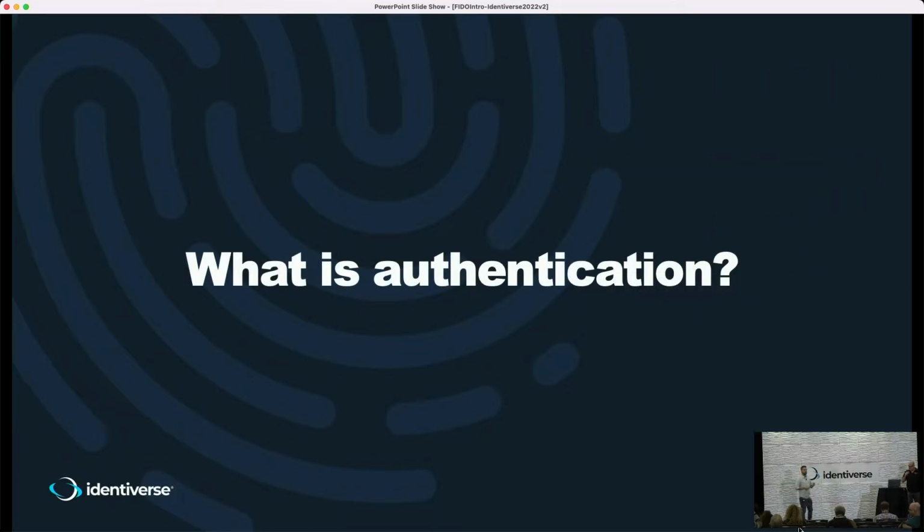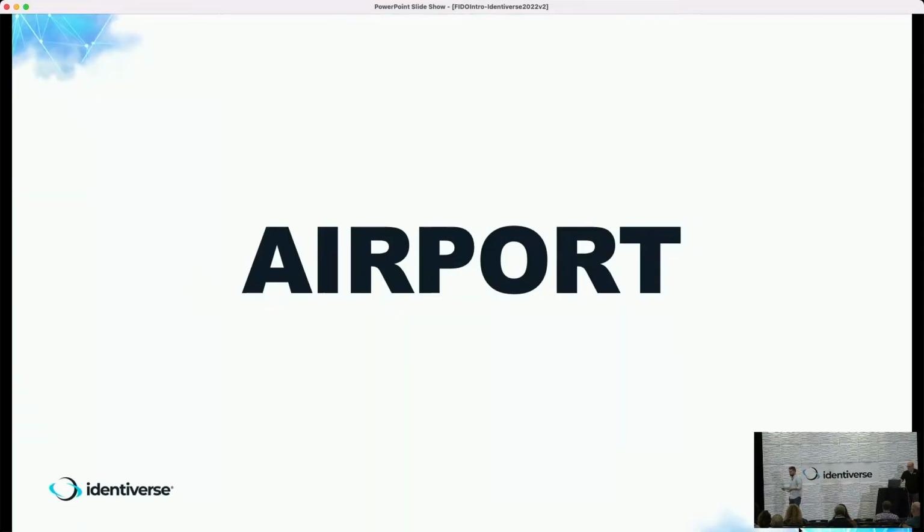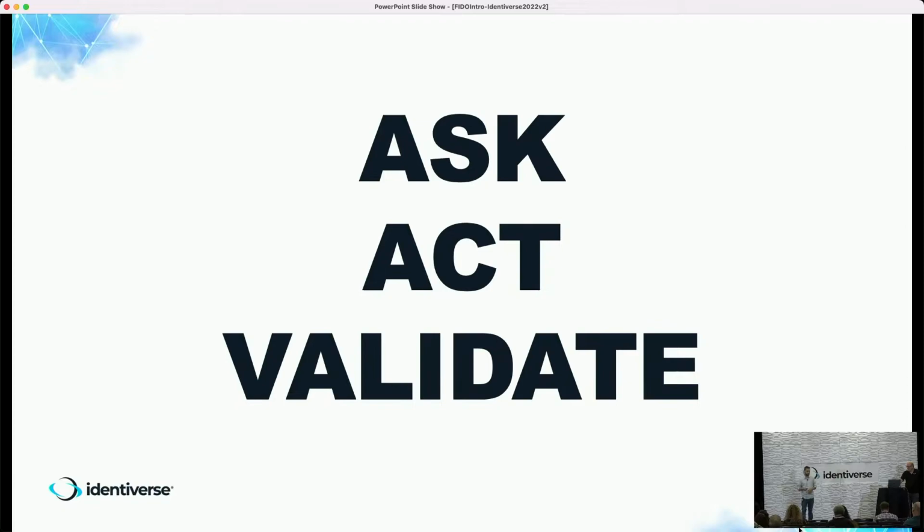So to start us off, let's talk about what authentication is. And to do this, I'm going to use an example that we're hopefully all very familiar with. The process of going through a TSA checkpoint. So you get to the airport, you have your boarding pass and your passport and your little roller wheelie bag, and you wait an hour and a half to have the privilege of talking to your friendly TSA agent. We'll call her Tessa. And there are really 3 steps to this. It's an authentication dance, sometimes called an authentication ceremony or process.